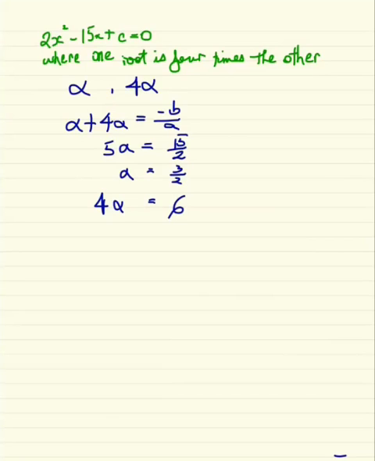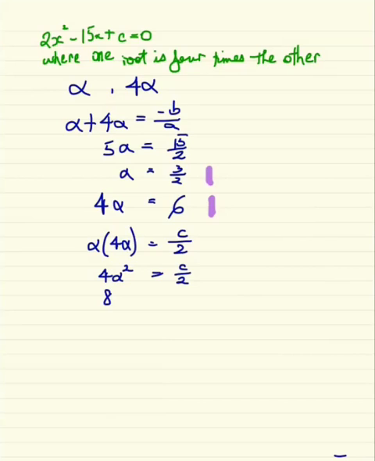So now we can find the equation, well, if I've got 1 root of 3 on 2 and 1 root of 6, I could put that into the equation and solve for c. The other way to do it is to do the product of the roots, which is alpha times 4 alpha, equals c on a. In this case a is 2. Now we know that 4 alpha squared. There are shorter ways to do this, but by way of demonstration,